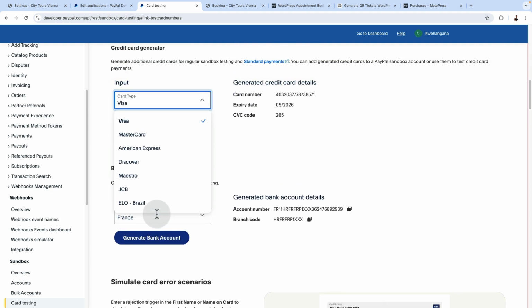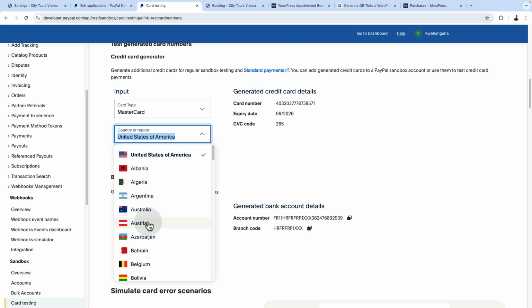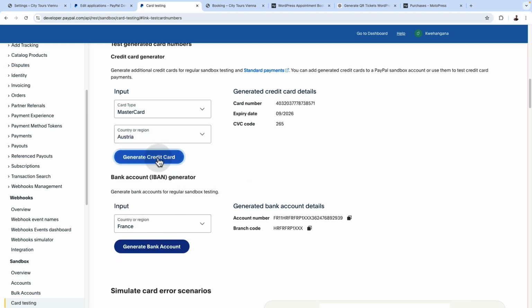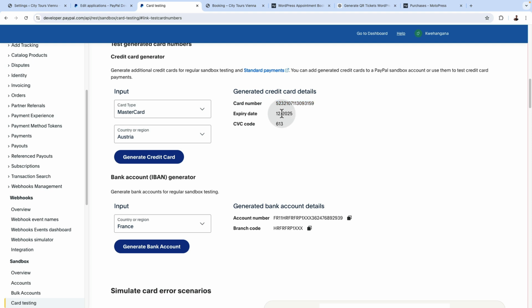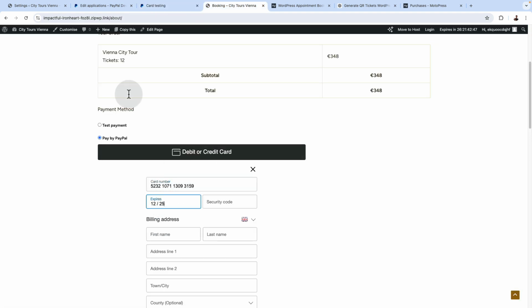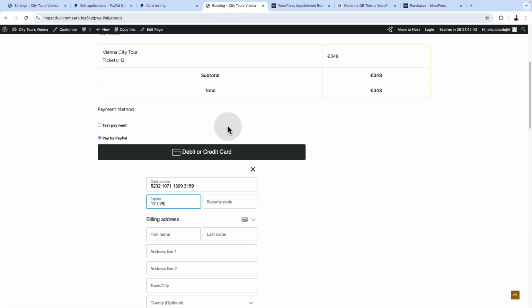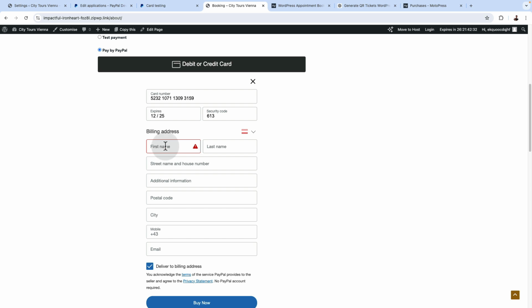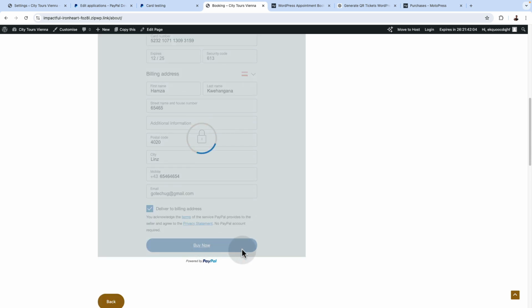So let me say I want to generate a MasterCard from a country, let me say Austria, and say generate card. So we have a card number now. I come here, enter my card number, come back here, get the expiry date, and paste the expiry date and also the CVV. The expiry date should be any date in the future. It doesn't have to be specifically that. Here I'll fill in the billing address, and there we go. So I'll say buy now,